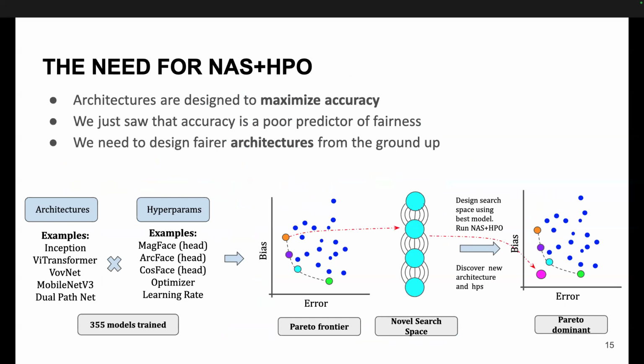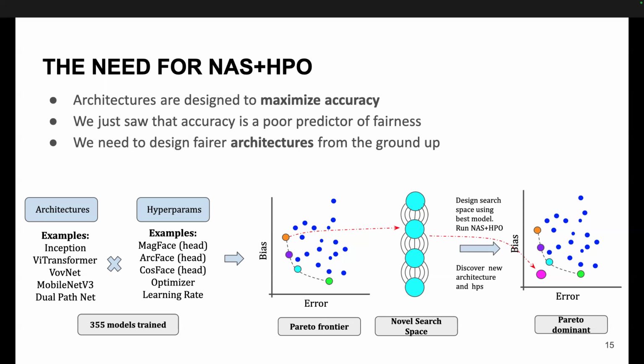We know that in traditional machine learning, you're finding architectures that are just optimized for accuracy. And from our benchmark experiments, we really see that finding very accurate models doesn't really predict the fairness properties; you're not also going to find more fair models. And so these bias mitigations that apply a band-aid to very accurate models are just suboptimal from the get-go. If we want, we could maybe design fairer architectures from the ground up to begin with.